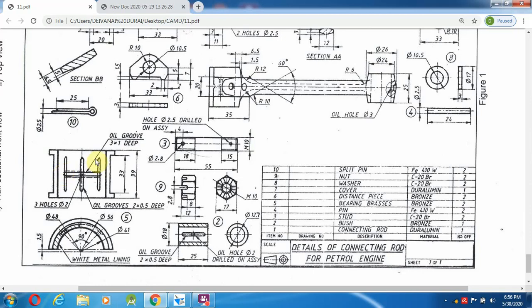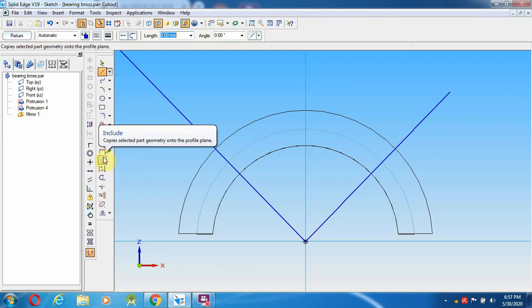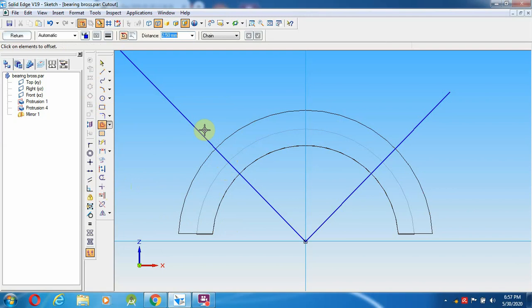Oil groove, this is a 3 into 1, oil groove 2 into 0.5 mm deep. Okay, 2 mm length and 0.5 mm deep. So what happens, from here I am going to draw a line, one more, two, okay, select as a offset, single from here to